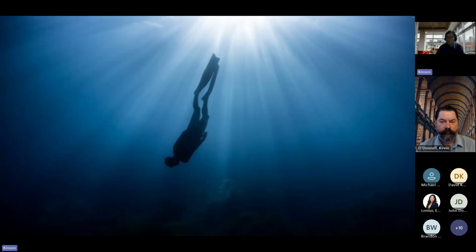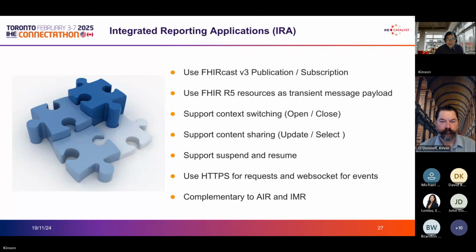With that overview, let me now dive deeper into the two profiles. With IRA, as I mentioned earlier, it uses FireCast. It uses a newer version of FireCast. And in general, FireCast is a